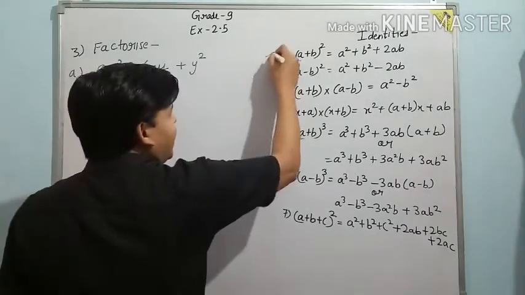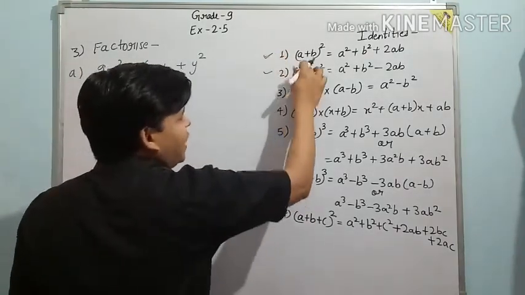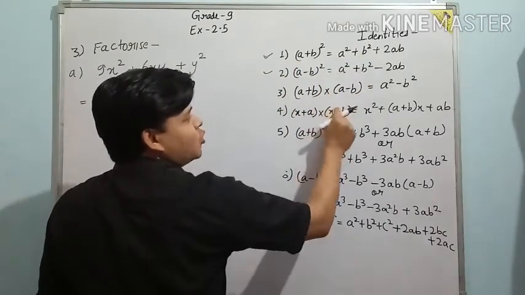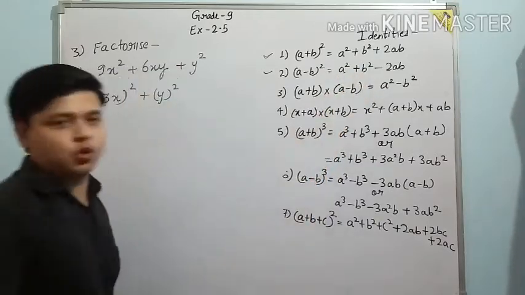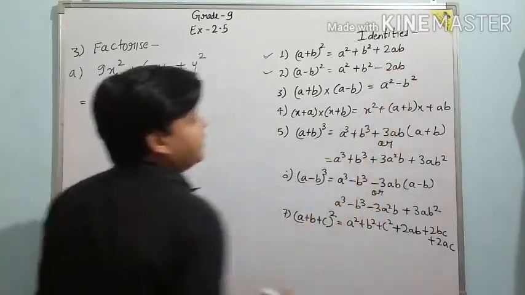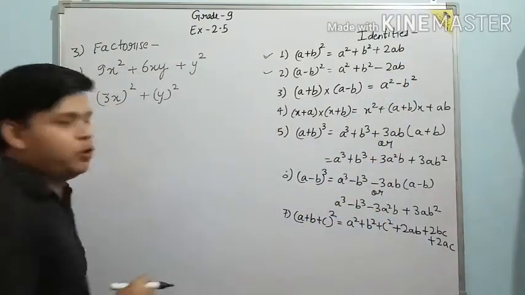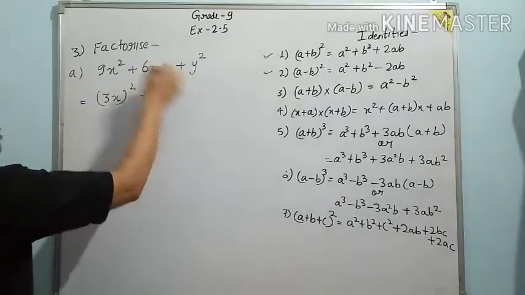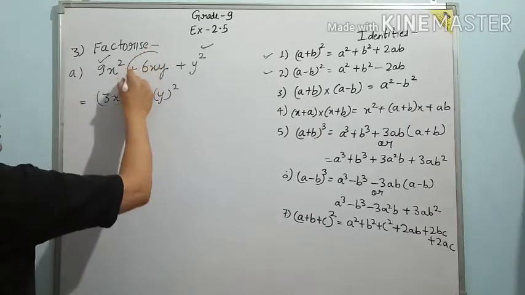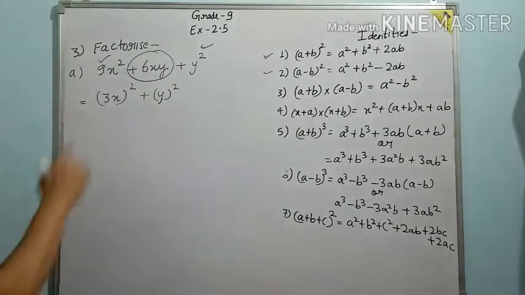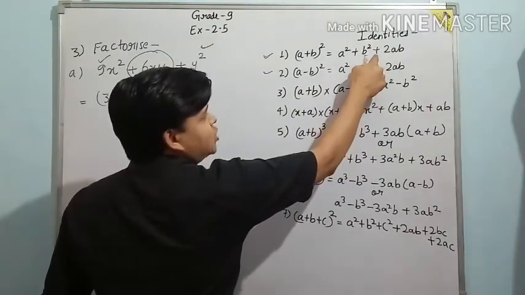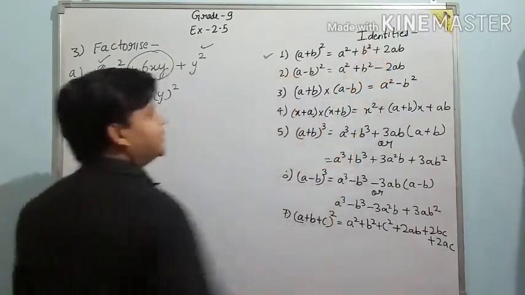That means right now we are not sure which identity this is, because in both of these identities we have a square plus b square. Similarly here also a square plus b square. So next is either plus 2ab or minus 2ab. So this will tell us which identity we have to use from here. So from these three terms we have used this one, this one, and this. Now which is left? This one only, right? Which has positive sign from here, positive sign. So which identity has positive sign here? This one. That means we have to use first identity.